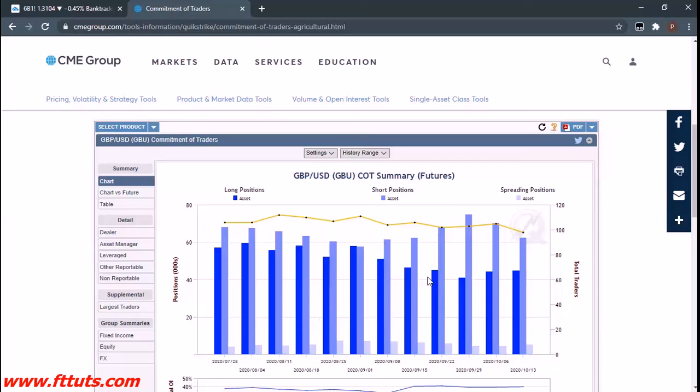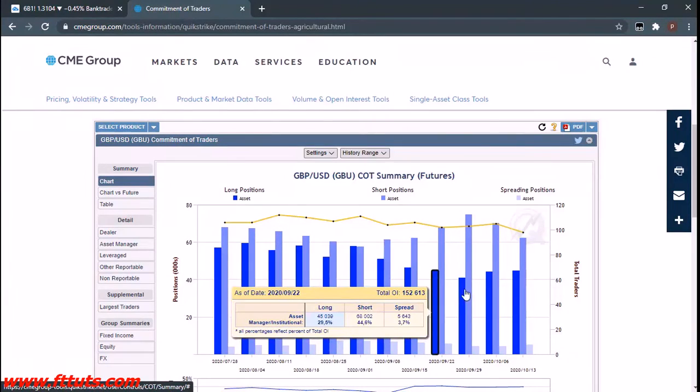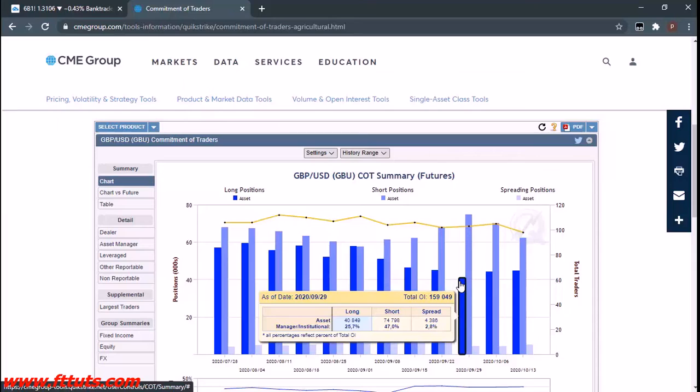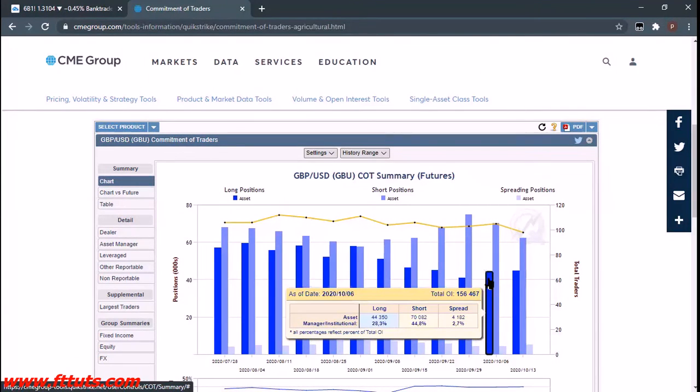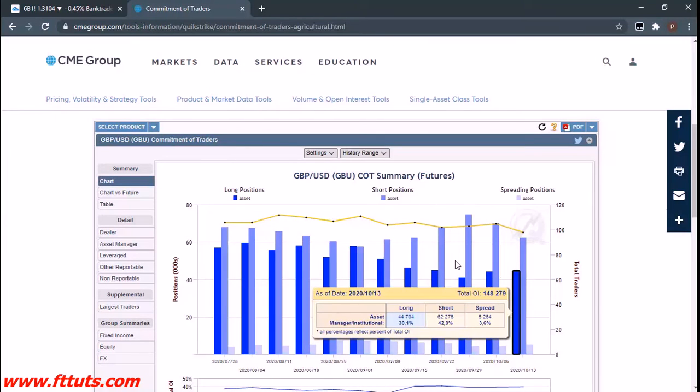And what are they doing to their longs? Longs, they were at 45, they closed to 40, so they closed about 5,000. Then increased to 44, they increased again. Then stayed at around 44. Okay, so they closed 5K and opened another 4K. So still, what we can say about this one is that